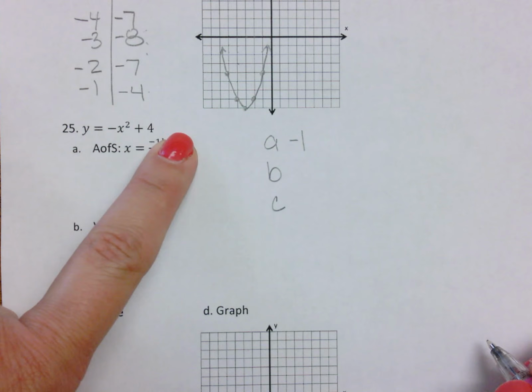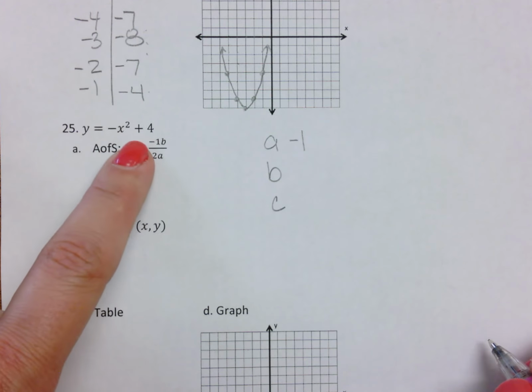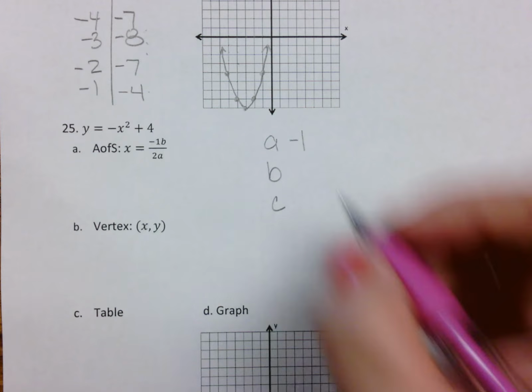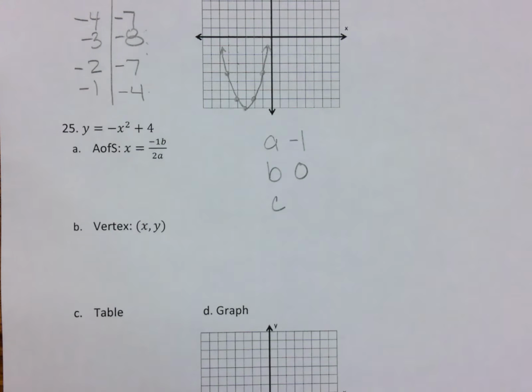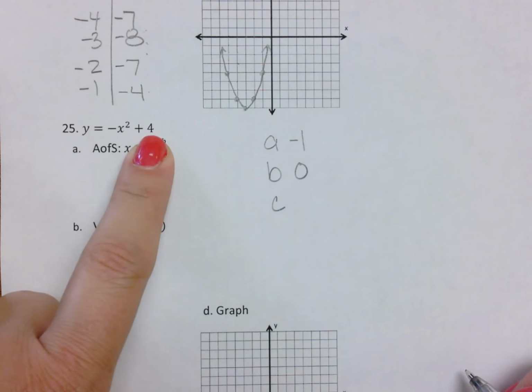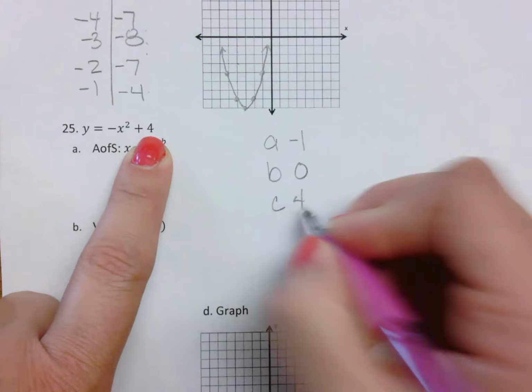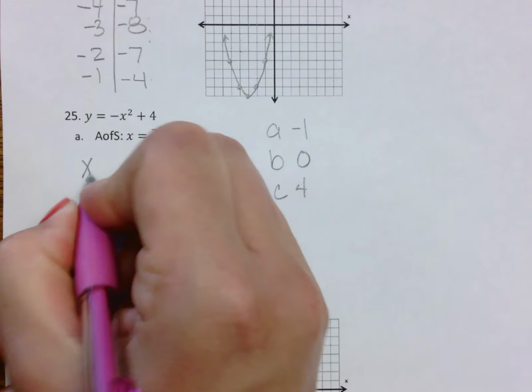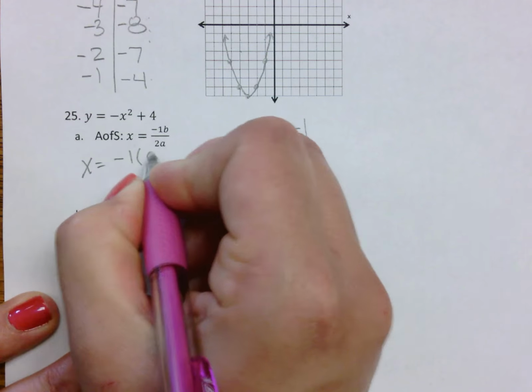B is always stuck to an x. There is no just x in here with a coefficient. If there's no x with a coefficient, then our B is 0. And then this constant, this number standing here alone, is our C term. And we're going to plug those in. So x equals negative 1 times B